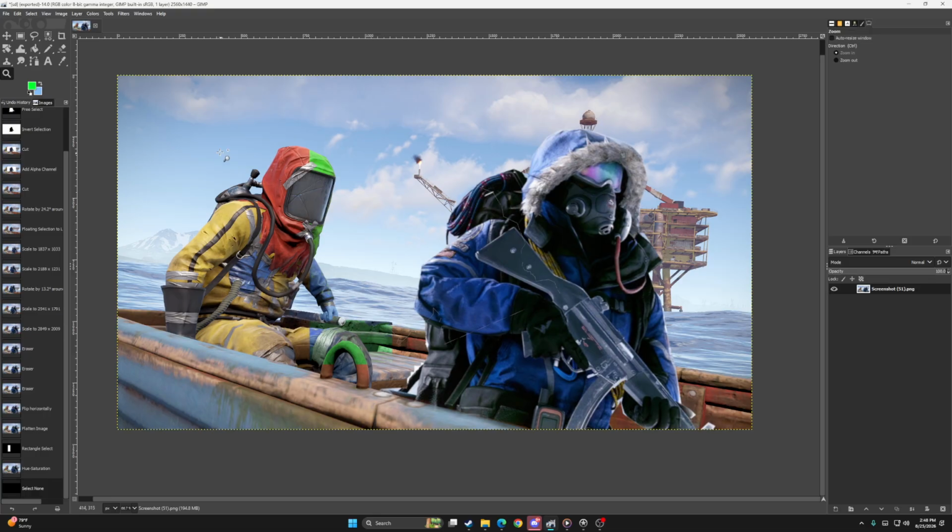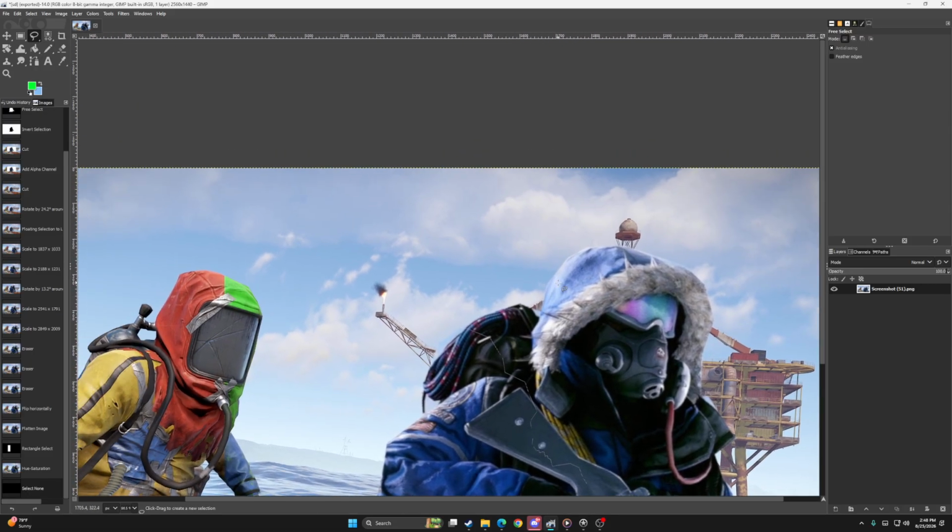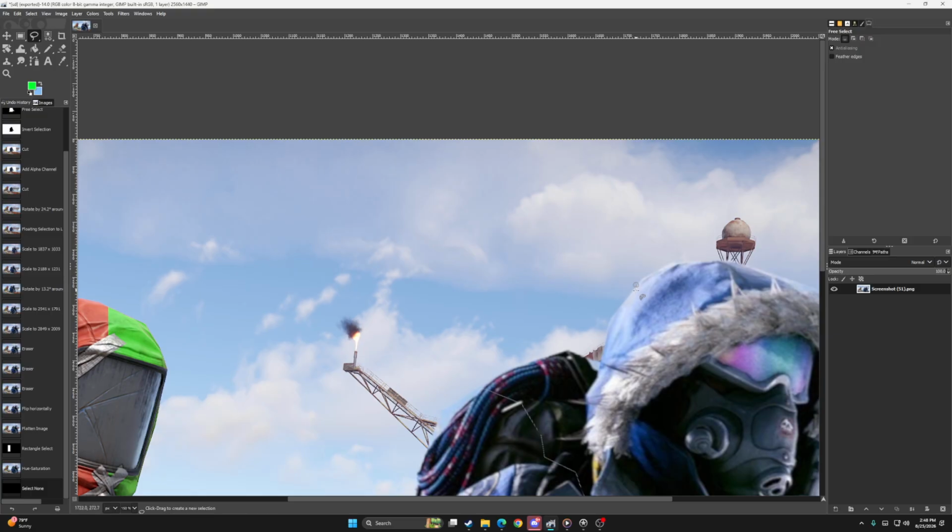And the next thing that you're going to want to do is click on it right here. Like I said, it looks like a little lasso. It's called the free select tool. With this tool, it essentially is just a free select. So when you click, you can go in any direction. You can even draw it if that's something that you want to do. So like I could draw that and then that would become a thing, or I could follow the path